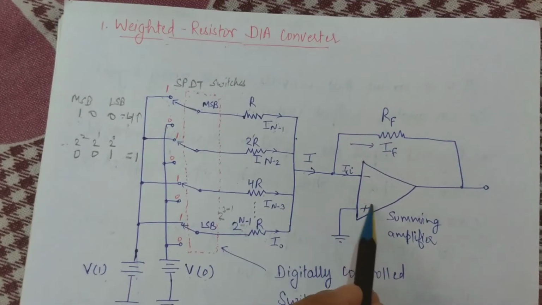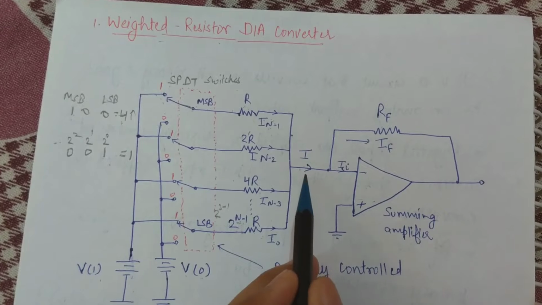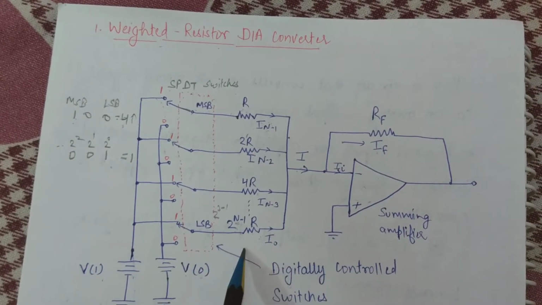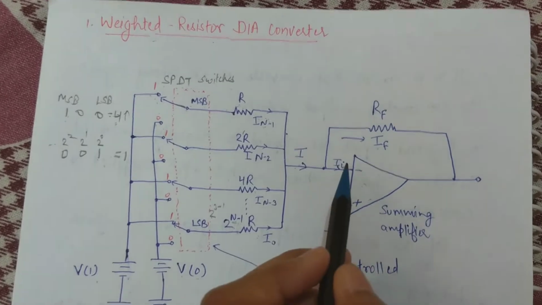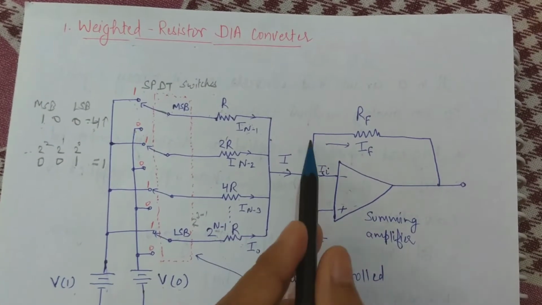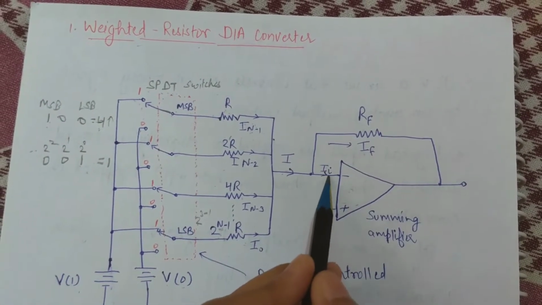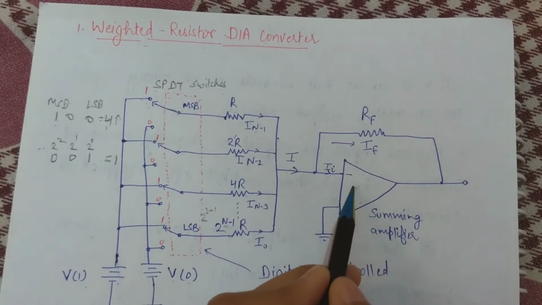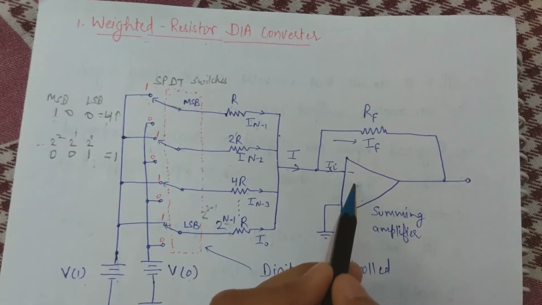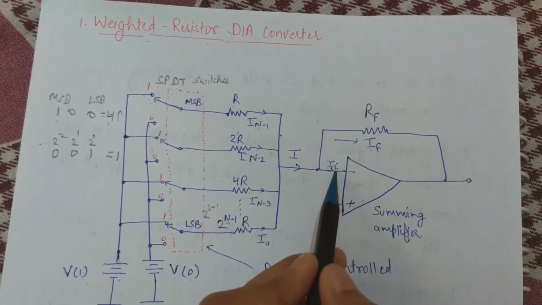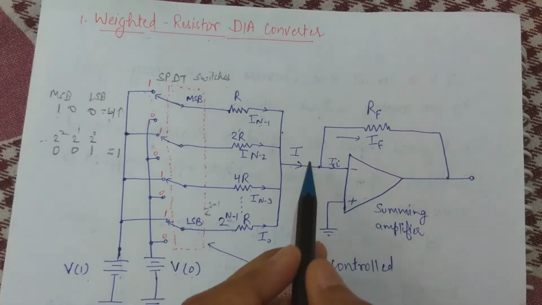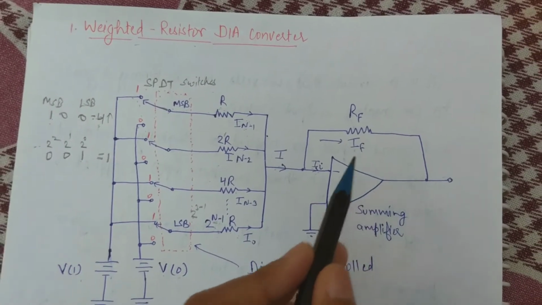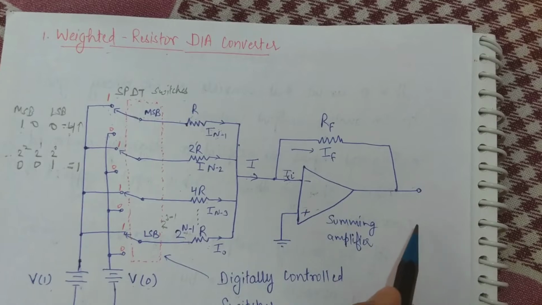This summing amplifier will add all these currents. So we are getting I here, which is equivalent to the summation of all these currents, okay? Now this current will divide into two branches. The first current is II and the second is IF, and you already know that the input impedance of the op-amp is very high. Because of high input impedance, this current value will be very low, so we can neglect it, and all the current will flow towards the feedback branch, IF. So from here you can get your output voltage.